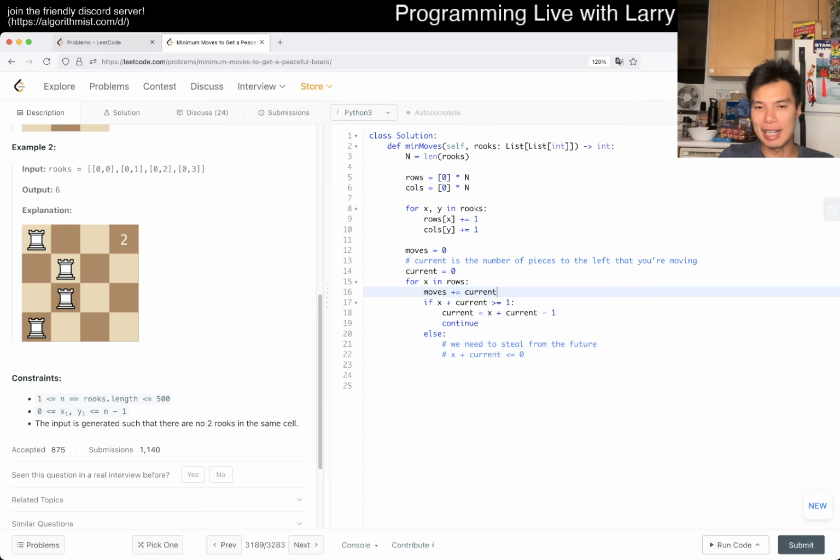And this assumes that current is greater than 0. But okay, so if it's 0, then what happens? Or if x plus current is equal to 0, what happens? Well, you need to carry one from the future anyway. So that means that there is a 1